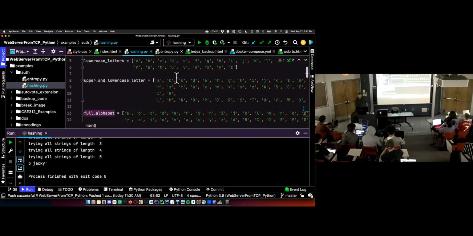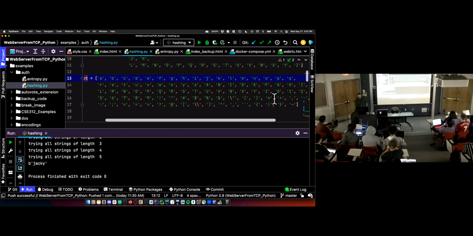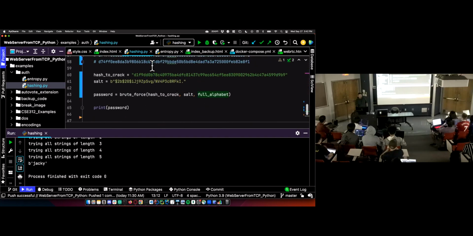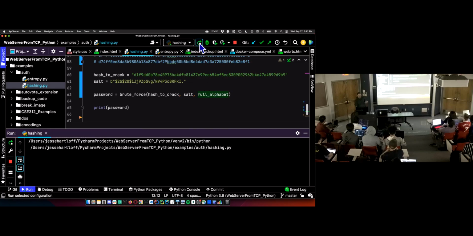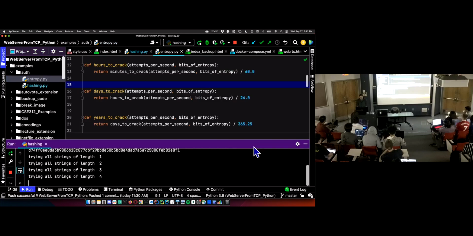So I have just the lowercase letters, upper and lowercase that I don't want to use. Then full alphabet, which is going to be special characters, numbers, and everything. If we use the full alphabet, I'm not going to change the hash and salt, but my algorithm is going to have to do a lot more checks. It's going to be a bit slower. We're still going to get there, but maybe not before the end of the lecture. Even at length 4, we're taking a while. It's going to take a bit. We'll let that run